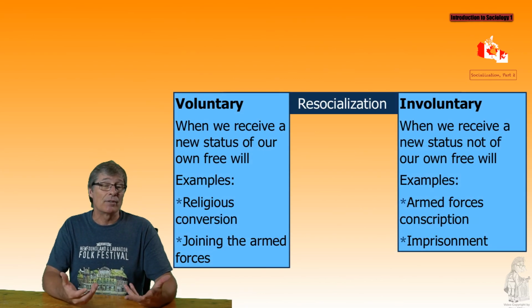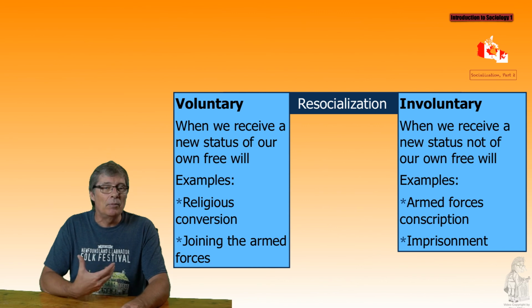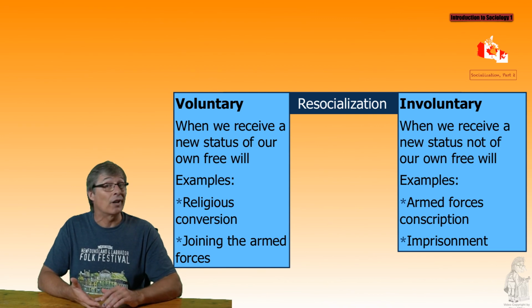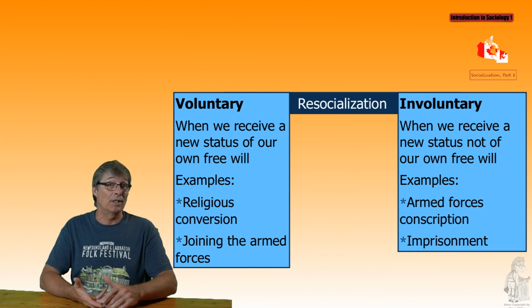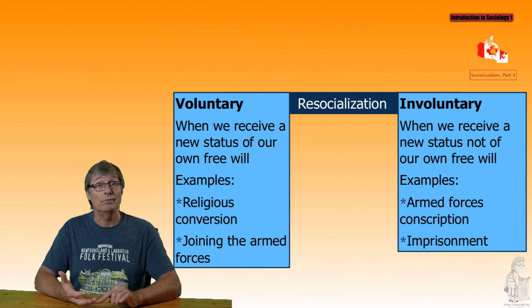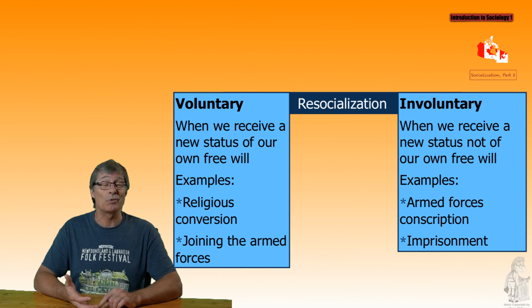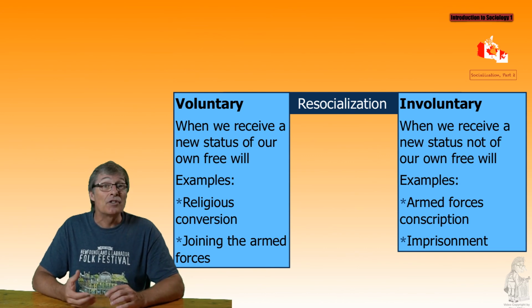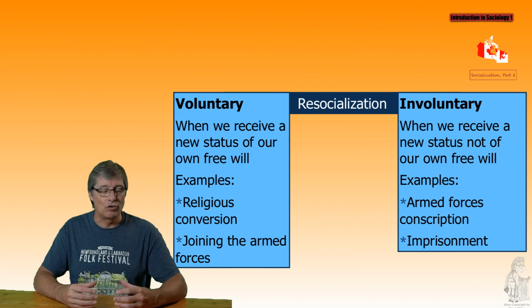And lastly is resocialization, the process of learning a new and different set of attitudes, values, and behaviors from those in one's previous background. So there are 2 kinds, voluntary and involuntary. If I'm participating in a voluntary resocialization, I might be going to AA, Alcoholics Anonymous, Narcotics Anonymous, adult survivors of any group you can imagine. It's voluntary, I choose to go. Involuntary, jail, is an involuntary resocialization. You're supposed to come out better than you went in. Involuntary would also be groups that you've gotten involved in where brainwashing has been a part of things, cults. So we have 2 different kinds, but of course we want to be choosing voluntary